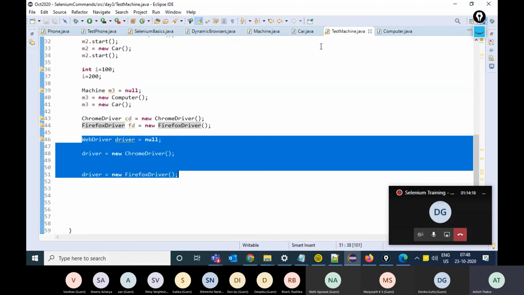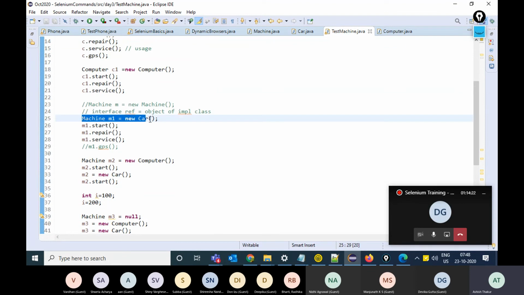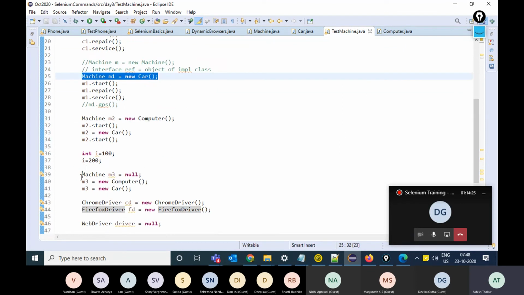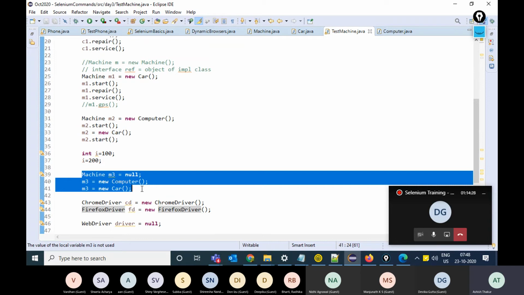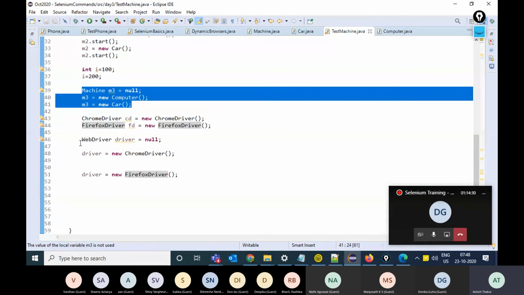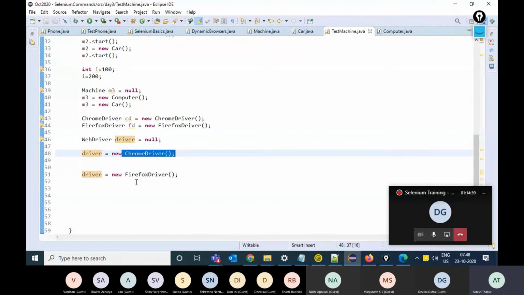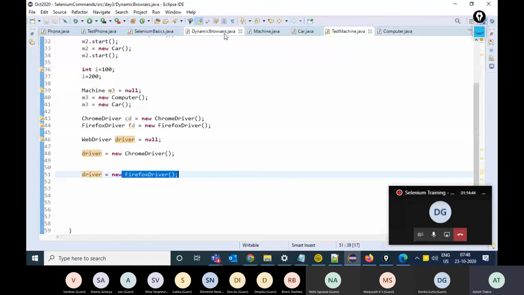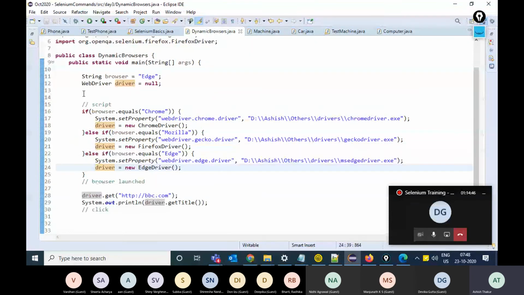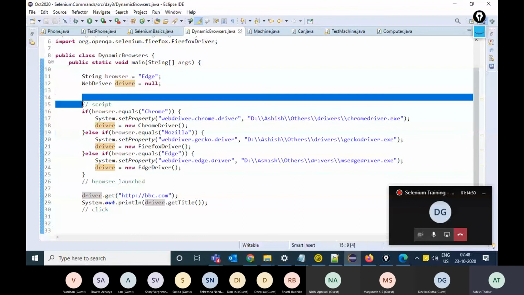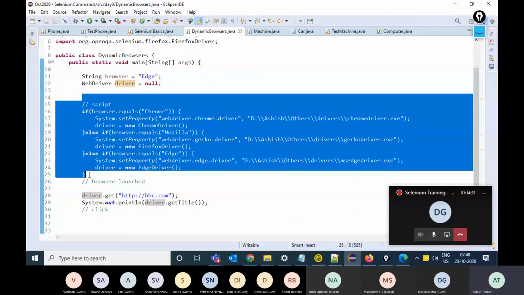And the second advantage is that the reference of the interface can be pointed dynamically towards the implementing classes, which we use in Selenium, because WebDriver is an interface and the reference of this WebDriver interface can be dynamically pointing to any implementing class. With the help of this, we are able to launch the browsers dynamically. This will always be used in Selenium, in the complete scripting, in the complete training.